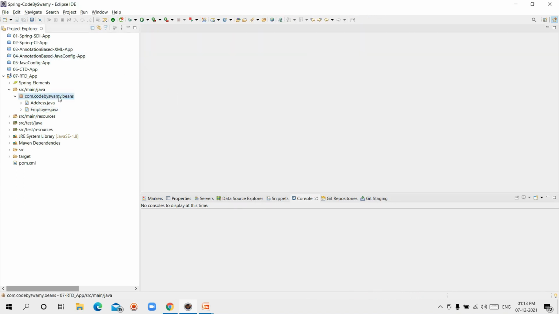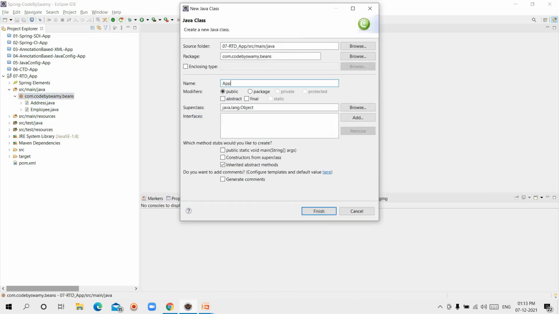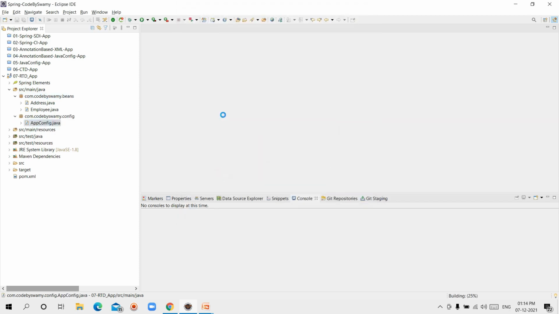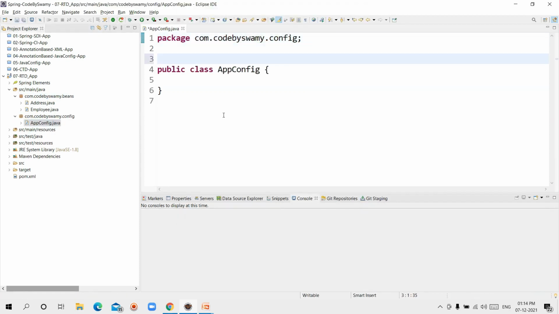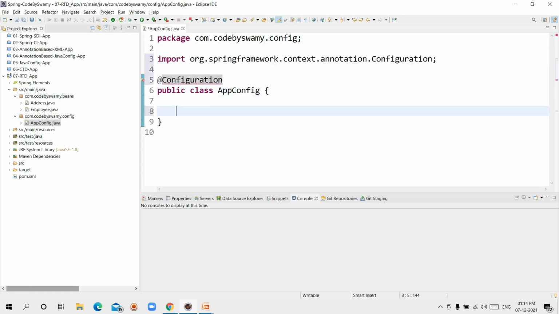For that I am configuring one Java configuration class, AppConfig. I am changing the package name to config. Write one public class and add the @Configuration annotation on top of the class.